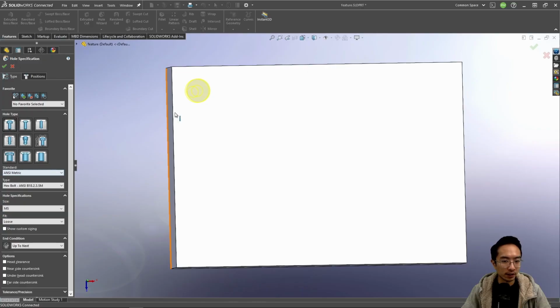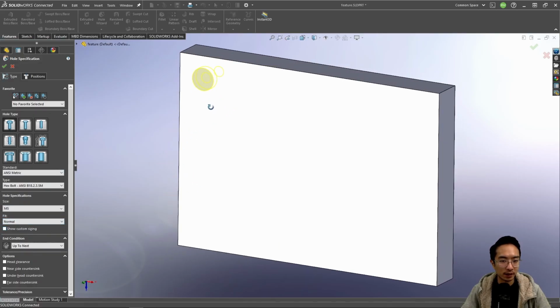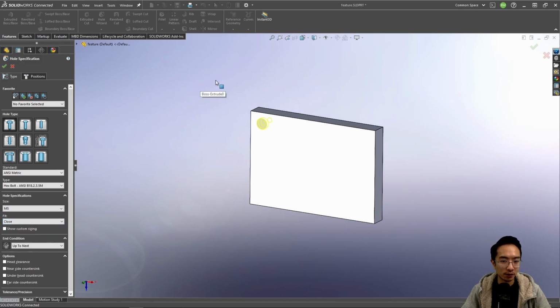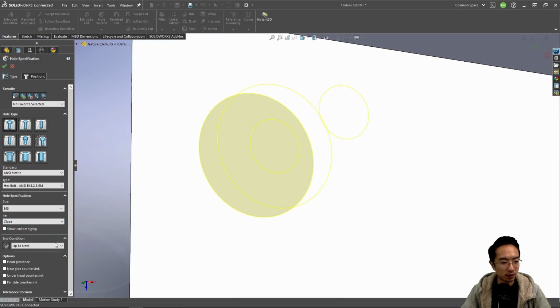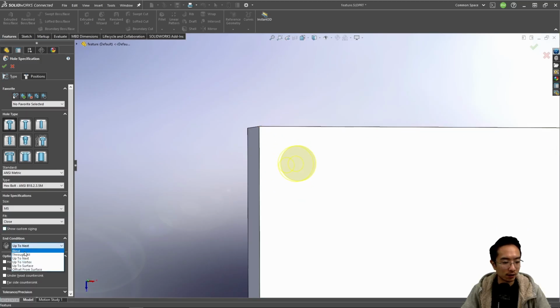So here we'll just take a look at some other holes. This one is called the counter bore, right? You could change the different fitting. Maybe your screw is really tight. You could change how close. Notice if you look really closely, you can see this hole changing. So if I say loose, it got a little bit bigger, and if I do close, it got a little bit smaller. So basically, you could change how that fits, and then you can also do a blind